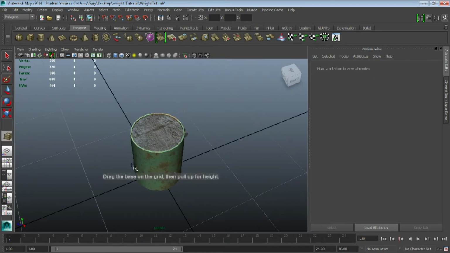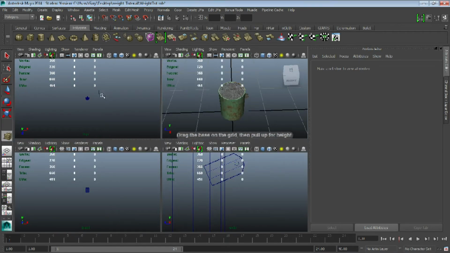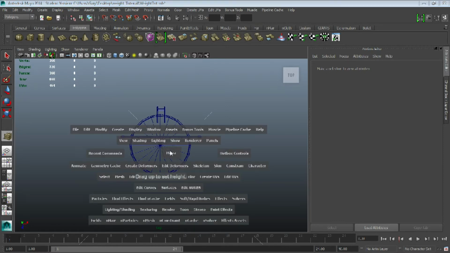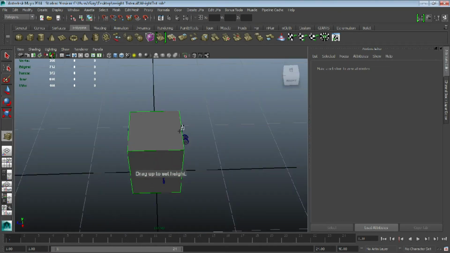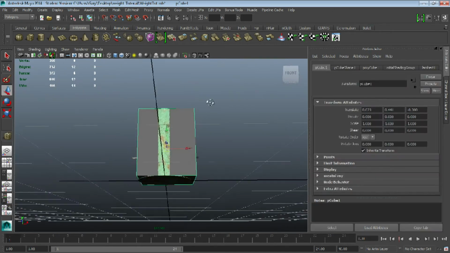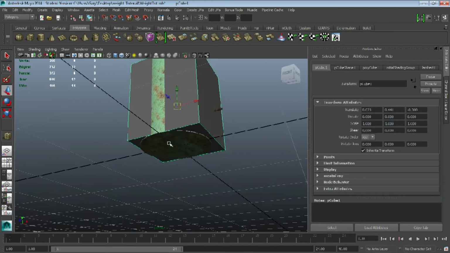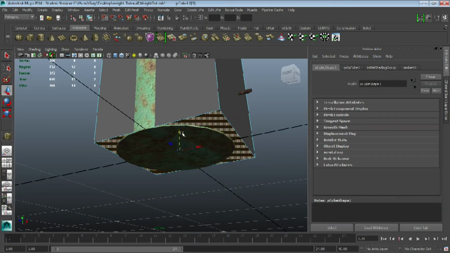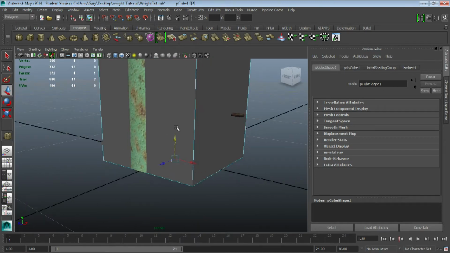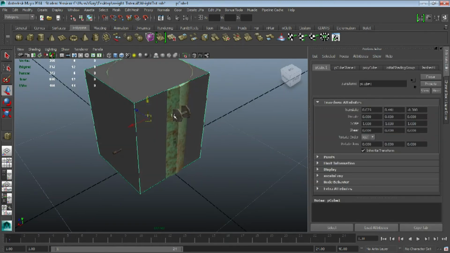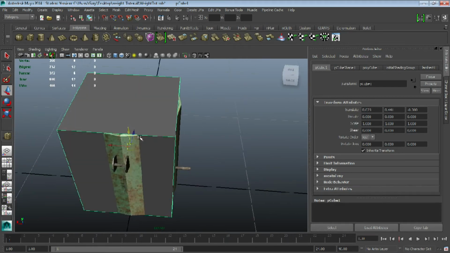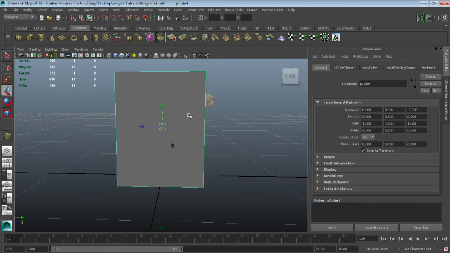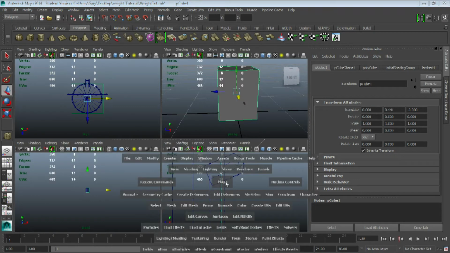I'm going to create another cube. And I'm going to do this from the top view. So we're going to put a cube here. That covers the model, like so. So we're just going to put this down. So you don't need to cover the model 100%, but it does need to be centered on the grid. Yeah. We're going to go in the side view,